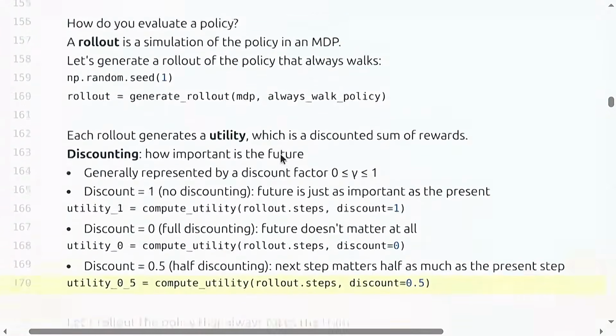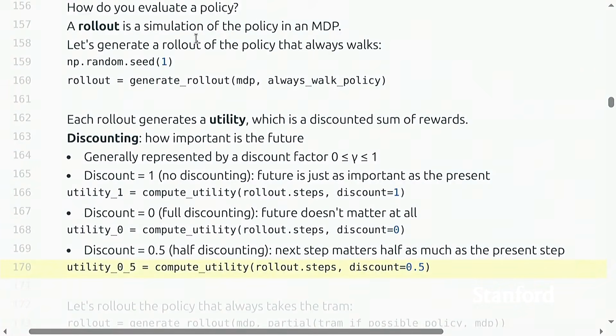Okay, so just to recap, I have MDP, I have a policy, I smash those together, I get a rollout, and the utility of that rollout is the discounted sum of the rewards, where discounting captures how much I'm going to pay attention to the future. So normally, discount is going to be 1 or very close to 1. Usually you don't see things like discount like 0.5 or smaller, because that's like saying I don't really care about the future. And the whole point of doing MDPs is that we're trying to make this kind of long-term decision making so that the future does matter.